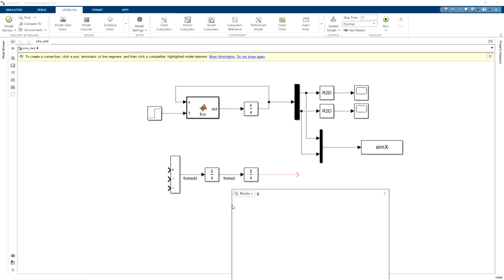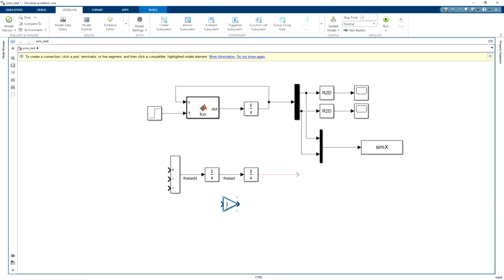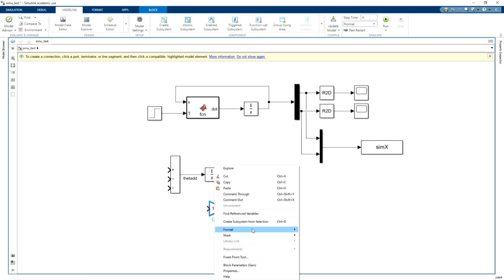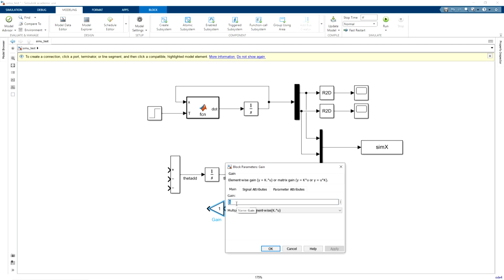So here we have to write gain. We need to flip this block, gain, format, flip block, or control plus I. Next time I will be using control I. Here I'll write C divided by m into L square. This is element wise multiplication.